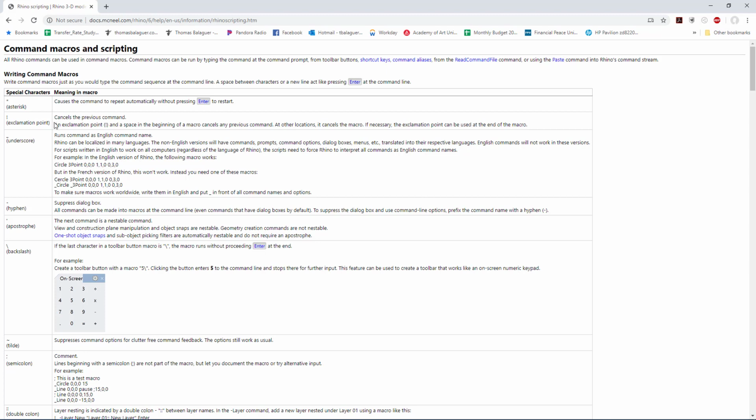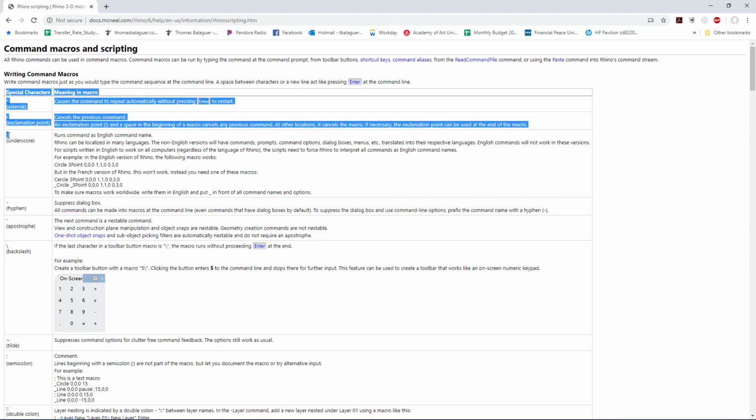You can force a command to cancel. So if you create a button, it's a good idea to cancel anything that's in the command line before you input using an underscore. You can run a command. So you cancel the previous command, run the next command. So it might be overwhelming at first, but once you create one button, it gets really easy very quickly because you always use the same format. Cancel the previous command, run a command.